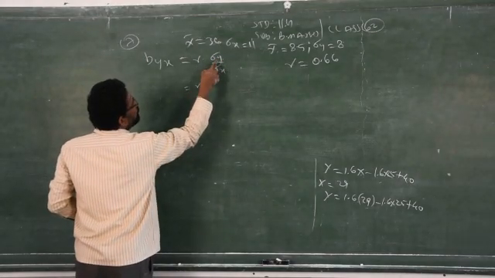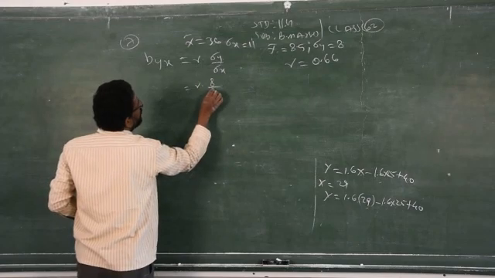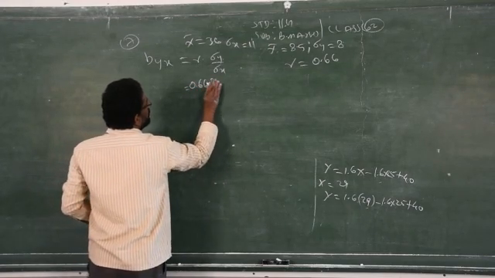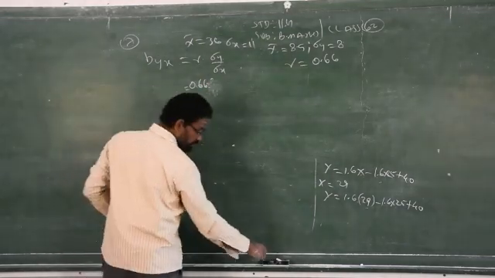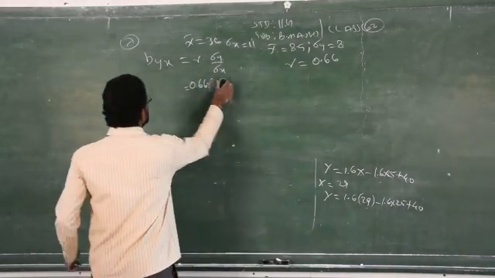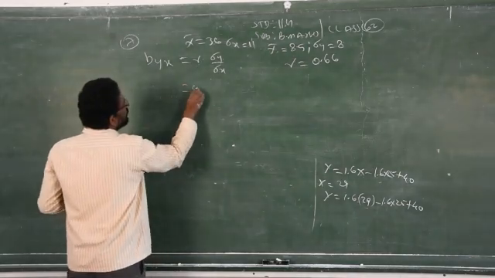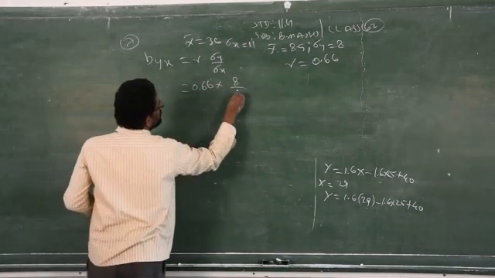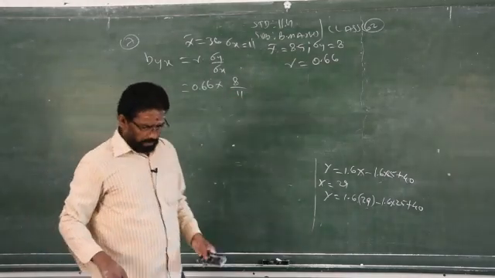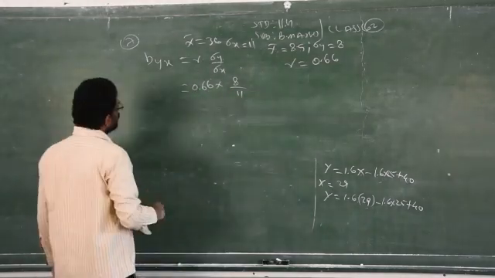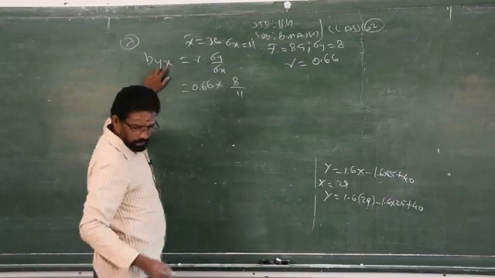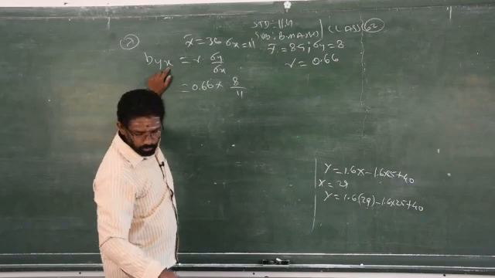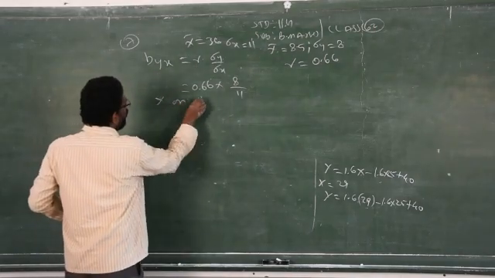Once it is given, you know the formula to find Bxy, R into sigma y by sigma x. Sigma y is 8, sigma x is 11, R is 0.66. Clear? You just have to multiply and see the answer. Substitute R 0.66 into sigma y 8, sigma x 11. Simplify and you will get the answer. Then find out Byx, because it is given only y, so Byx is enough. You have to find out y on x.